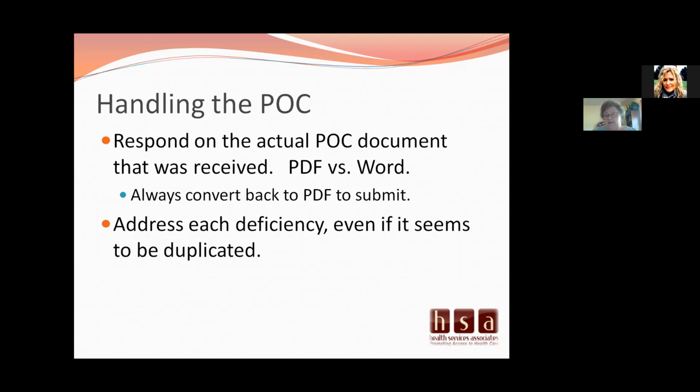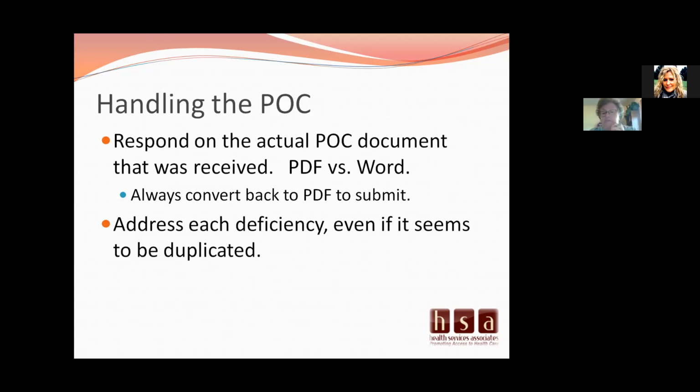Typically, they come in PDF. Hopefully you have a way that you can convert it to Word. If you can convert it to Word, do that. You can type more freely in that column with Word than trying to do a text insert and all of that with a PDF. If you can't convert it, then you just do your text insert and stay within the box of that right column.